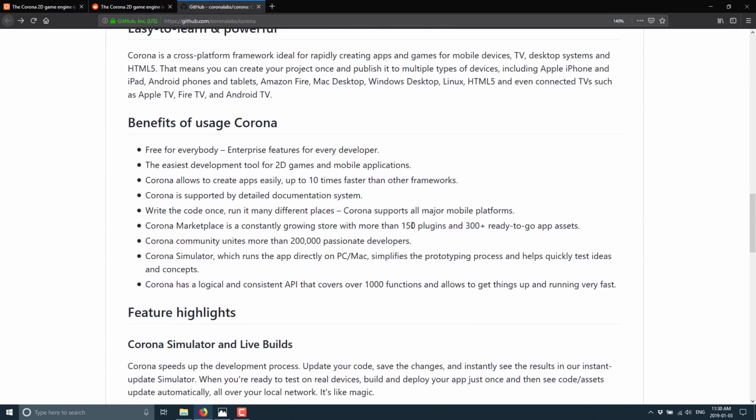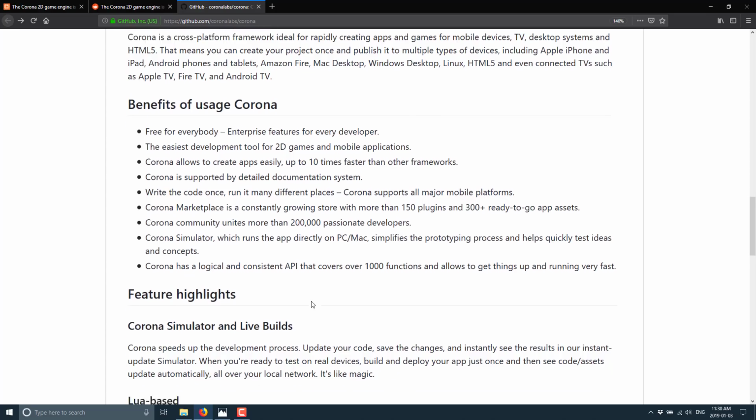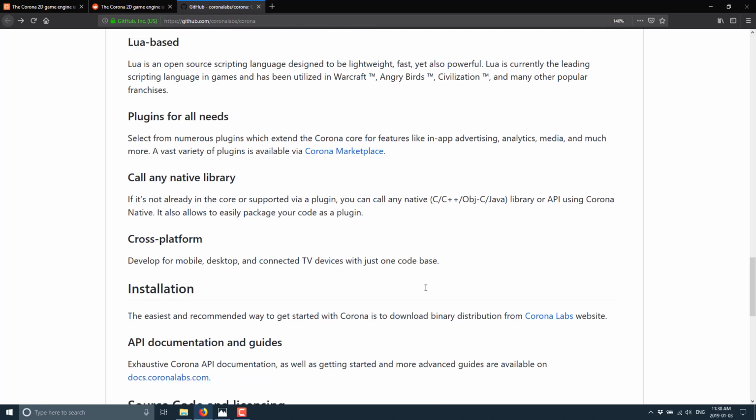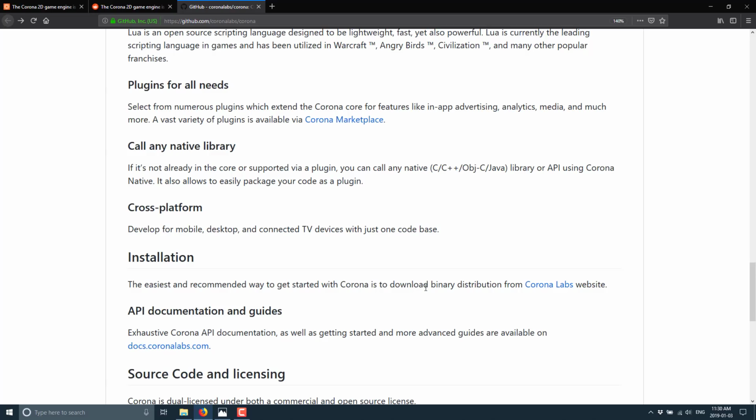And then you got some of the marketing points of why you go ahead and choose Corona. And you know what? There are a lot of reasons to choose Corona. It's easy to use. I do love Lua. It's very battle tested. It's supposedly quick to work with. It's pretty well documented. There have been thousands of apps created with it. Apparently, there's a community of 200,000 developers. You've got the simulator to make life easier and quicker to work with. And as I said earlier, it has a large API that has been developed over years of battle testing. So this is a game engine with a decade of refinement behind it. But again, I shouldn't call it an engine. It's a framework. There is no IDE. This is a code framework for developing games.